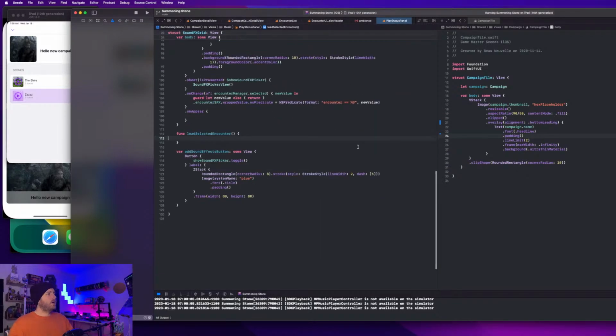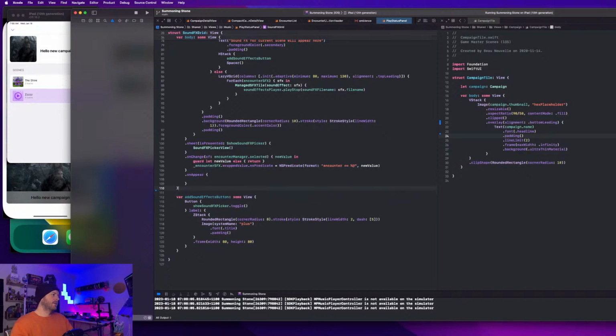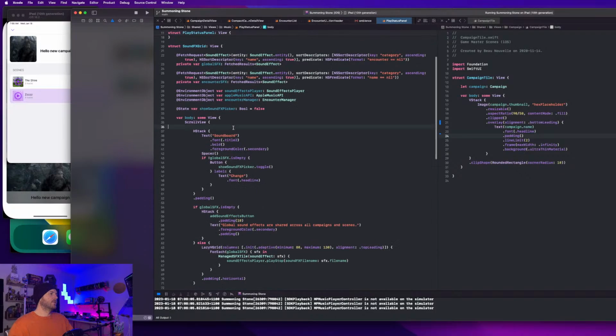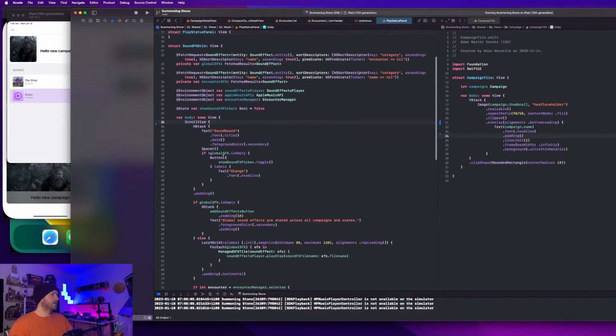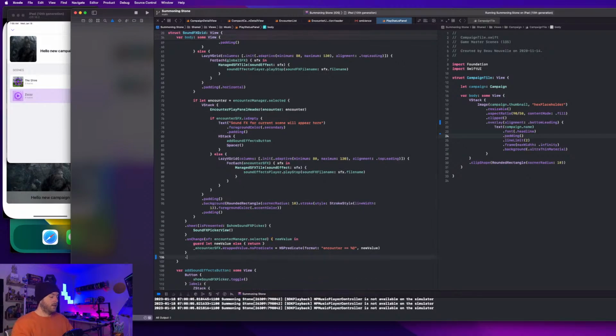I figured, why don't we just put something in here on appear that runs this code again. Then I thought, if we're going to run this code again, we may as well move it into a function. Now, I've got a better idea. Because it's only on the initial load, maybe on dismiss we set it to nothing. That makes more sense, because if the screen's not even present anymore, no scenes should be selected anyway. So maybe on disappear,